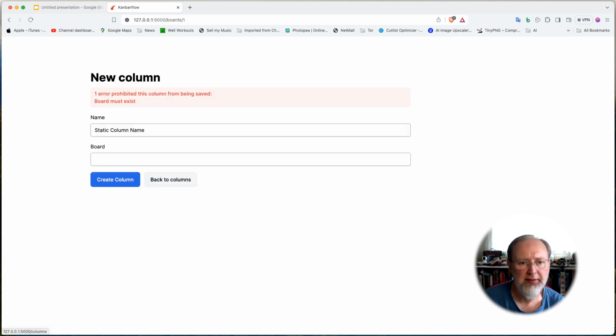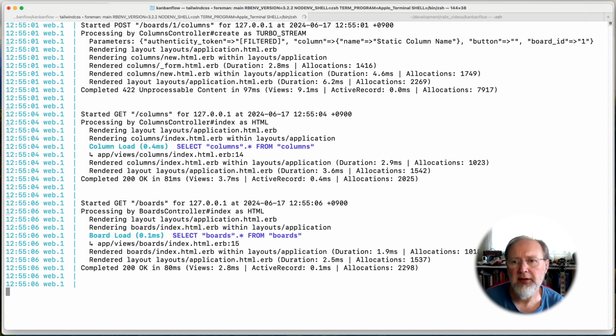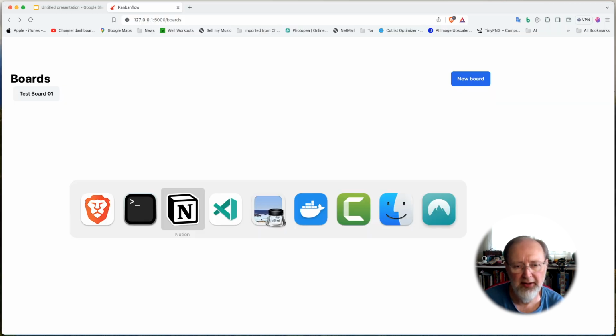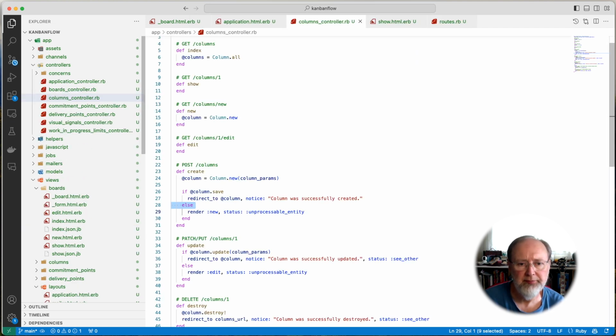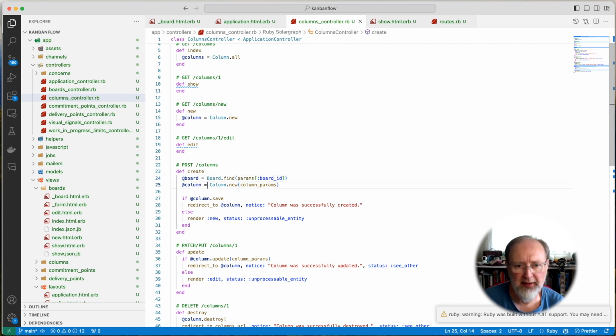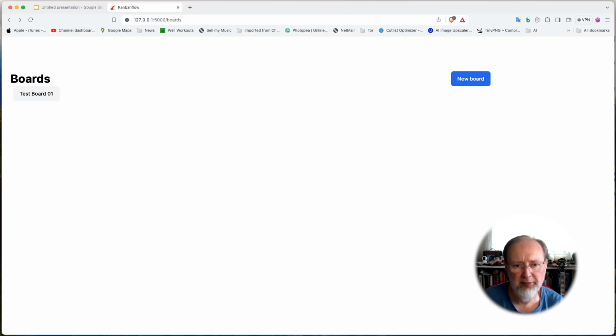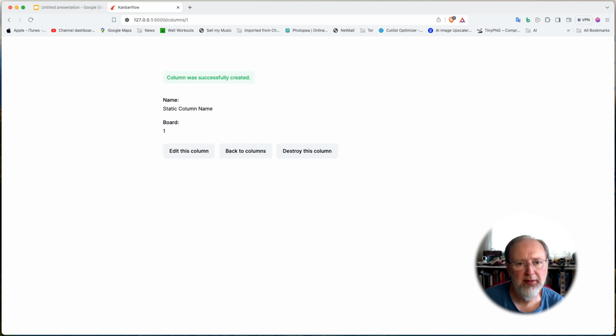Board must exist. Right, so we're going to change the column controller, because we got the column name passed in a board ID and a static column name that I've got hard coded in. Grab the board, so find ID, and then we can say board.columns.new with the columns parameter, and go. And it has created the thing. And if we go back,